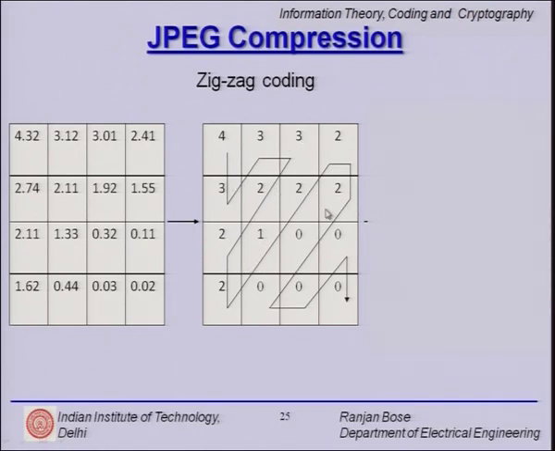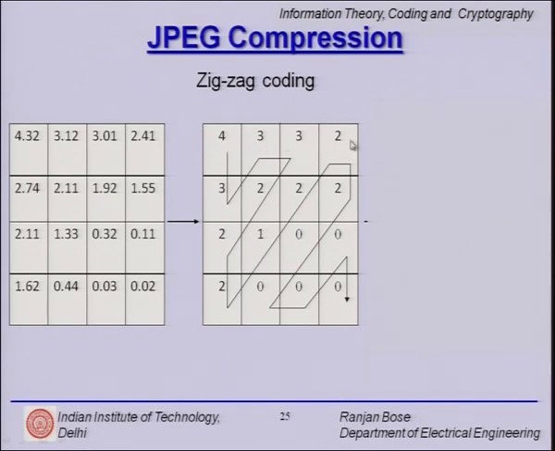Then I make another observation: this end is low-low, this end is low-high, high-low, high-high in terms of frequency. So the frequency gradually increases as we move away from the center. So we perform something called zigzag coding, where I go zigzag, and this is the path we follow to encode. We do not go raster, line by line, because